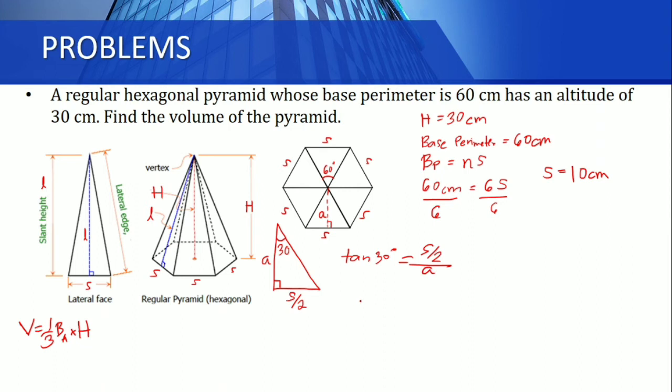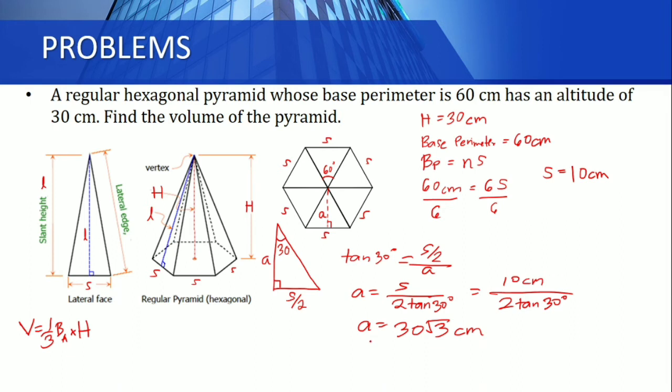So that will be A is equal to S over 2 times tangent 30 degrees. So yung S natin is 10 cm. Therefore, 10 cm over 2 tangent 30 degrees. So yung A natin, that is equal to 30 square root of 3 centimeter. Therefore, yung area ng ating base will be equivalent to